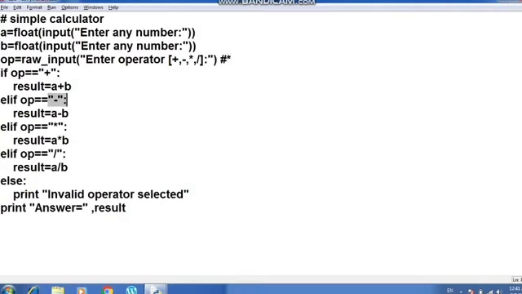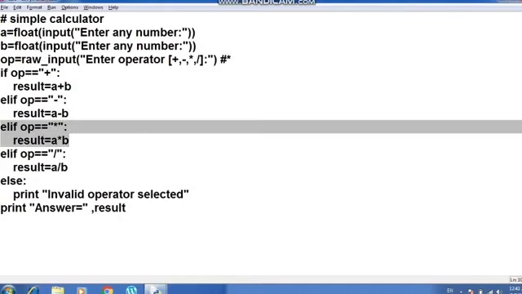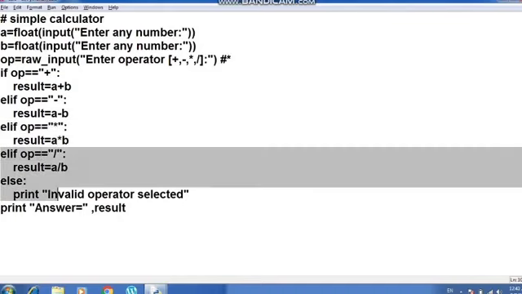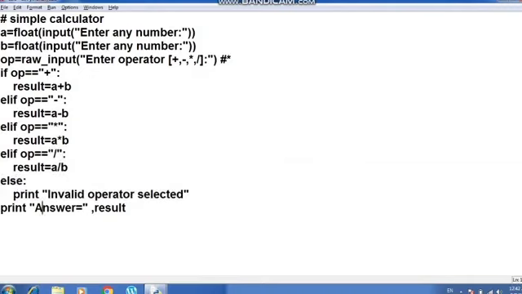Again it will be checked. The control will check it and then when the control goes here, it will again check the condition. It goes false because this minus sign is not matching this character. Now it will go here and this character will be matched with this character. So this operation is going to be performed here and then, as the work is done here, the rest of the elif part is not going to be executed and then it will come out of the if statement and this result will be printed. Same way if you enter any other kind of operator, it will do so.